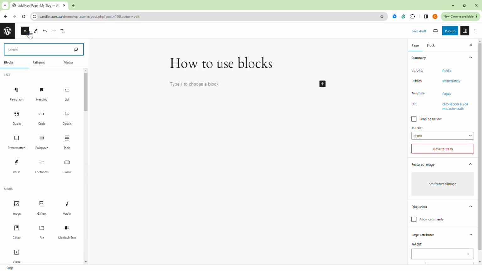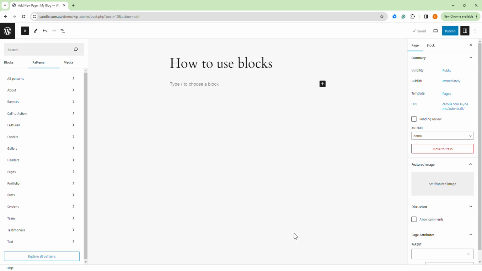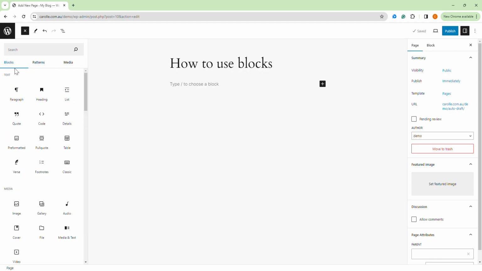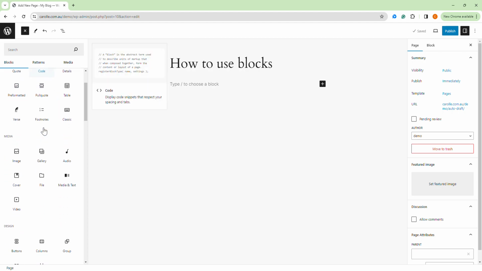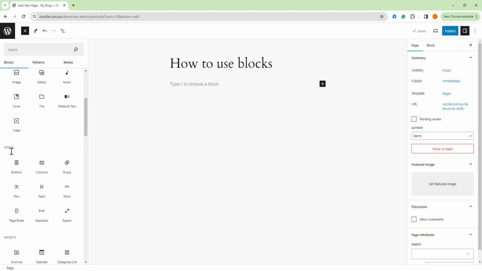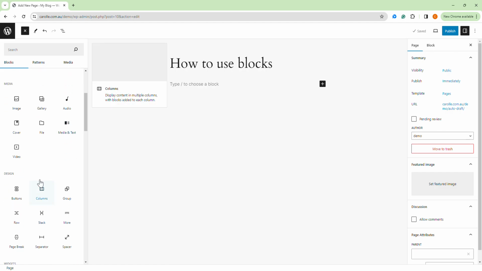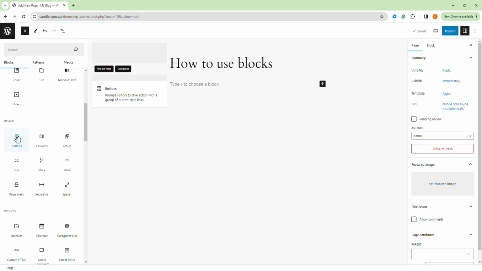So when you come here, for instance, and click in the block options, you will see that you have first the patterns, the one that I was showing, the pop-up here. You have some options of pattern, but I'm not gonna focus on that. I'm gonna focus on allowing you to create anything from scratch that you want. So you have the options of blocks that will be paragraphs, headings, quotes, code, options for media, for images, audio, design that you can use to organize your page in terms of adding a spacer, adding a page break, adding buttons, adding columns,